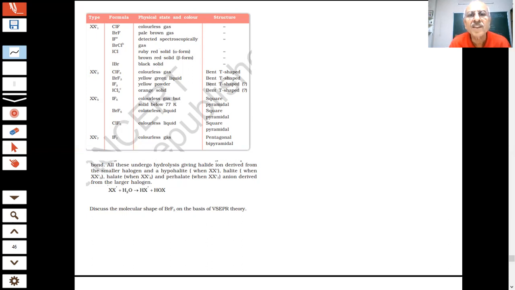ClF3 is a colorless gas, yellow, colorless liquid, and colorless. So that is okay. But what is important, students? What is important here is the structure of this. This question is always given on structure. That's a memory part. How we learn it is our problem. And sometimes in certain questions, they ask like, the gas is this colored. So from color, we get an idea what it could be.